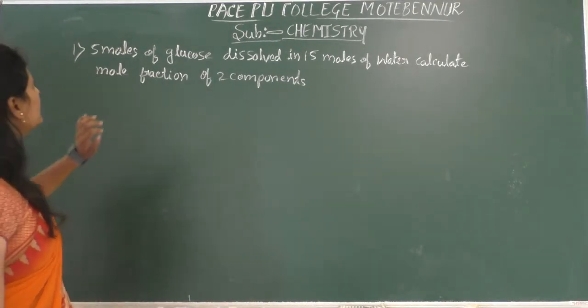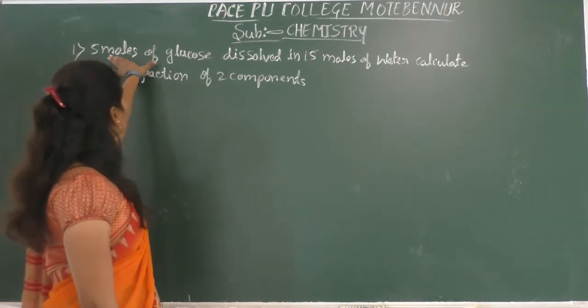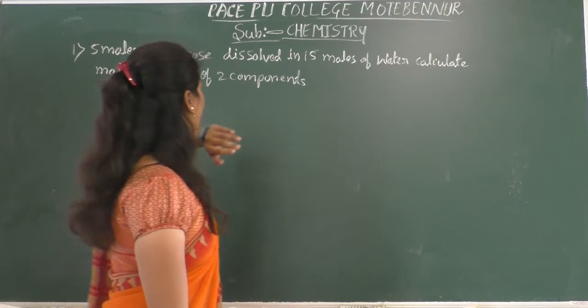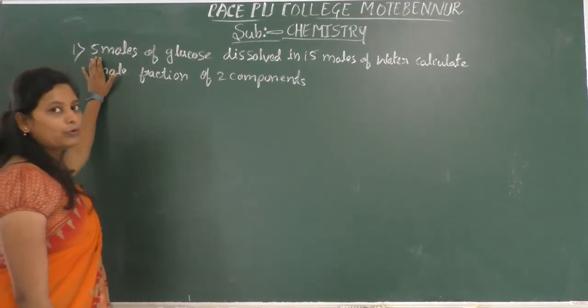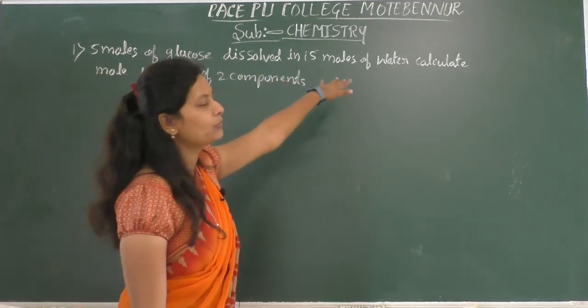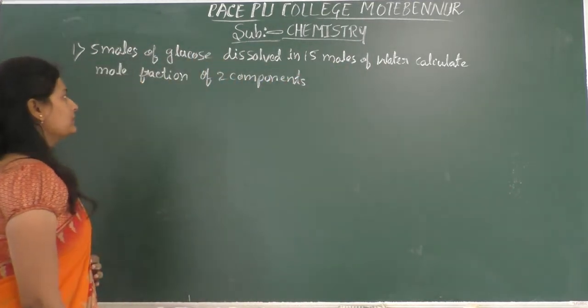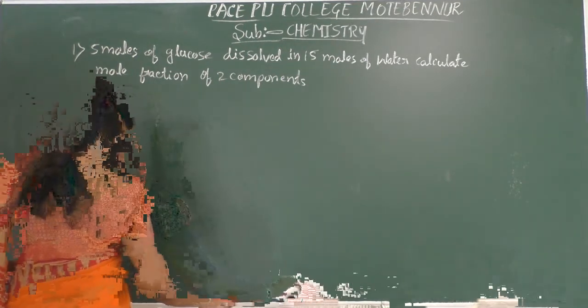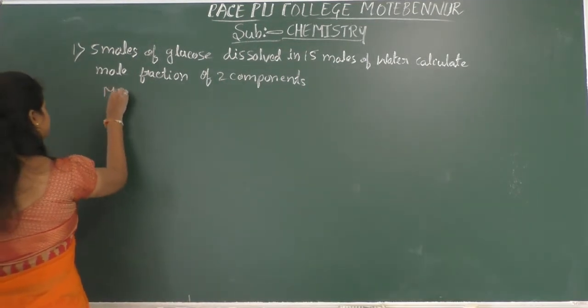What we have to do here? So here we have to calculate the mole fraction of glucose and mole fraction of water. Okay, so here the given is the moles of glucose, that is 5 moles of glucose and 15 moles of water. Okay, so next what we have to do? First, what is our formula here? So formula for mole fraction